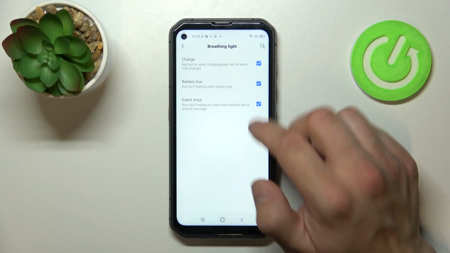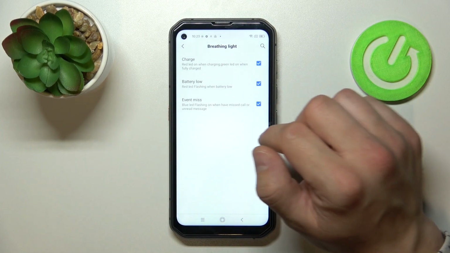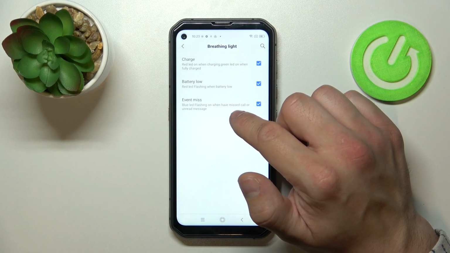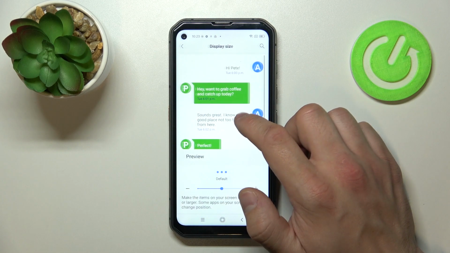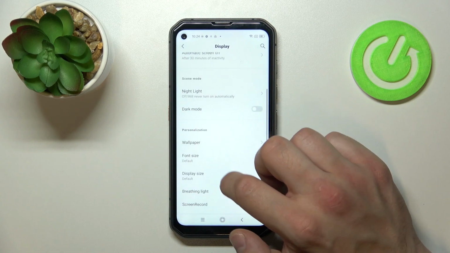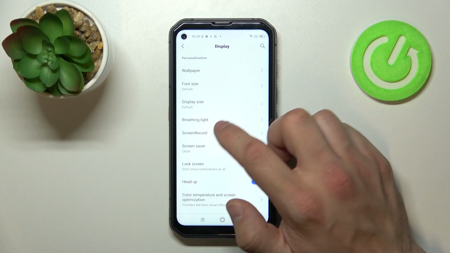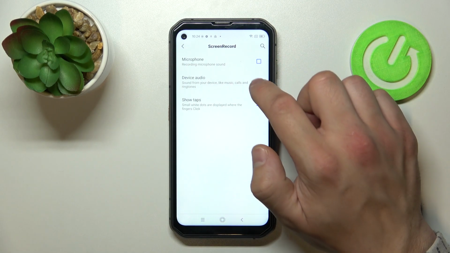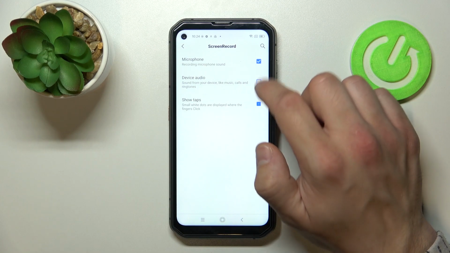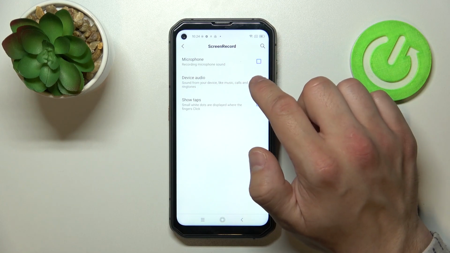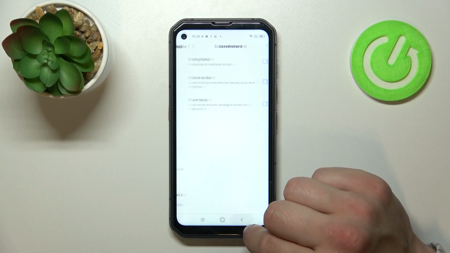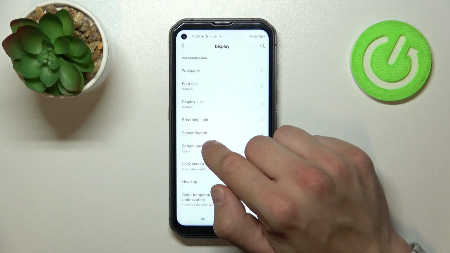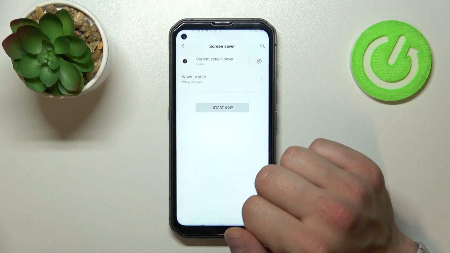manage briefing light. For example, you can enable it or disable to charge, battery low or event miss. Then you can manage screen record. For example, you can enable microphone, device audio or show tabs. Next, you can manage screen saver,